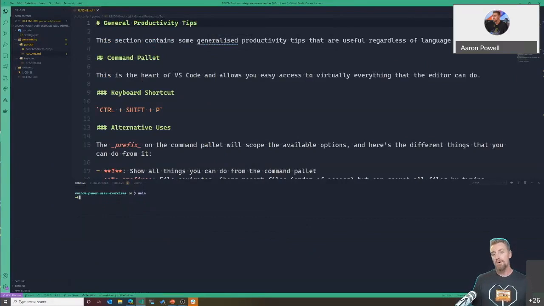I find this quite useful when I'm doing a node application. I might be running npm start for the front end, and then npm start for the back end. Run those as two separate terminals. I could then have a third terminal where I'm doing my Git operations and stuff like that. But it can be a little bit tedious jumping around. It's like, oh, well, they're all named the same based off of the shell. So one's called ZSH, then the next one's ZSH. How do I know which one I want to jump to?